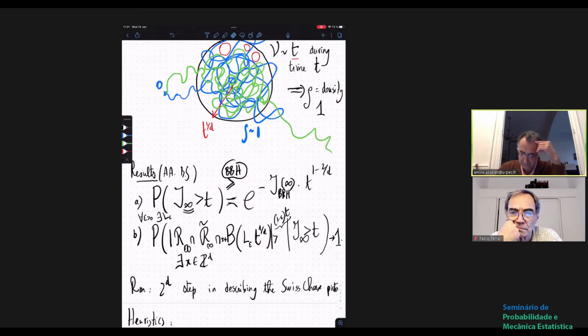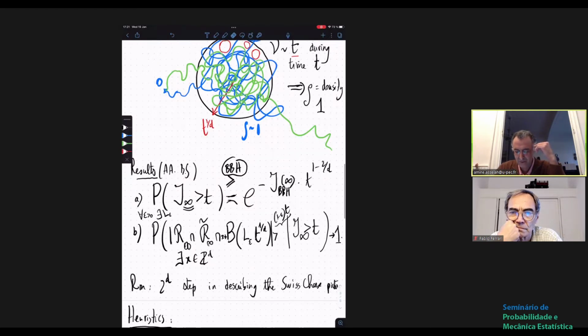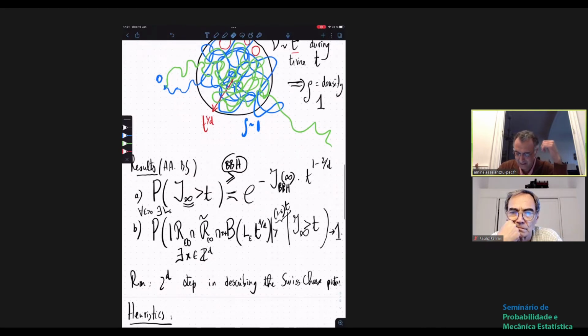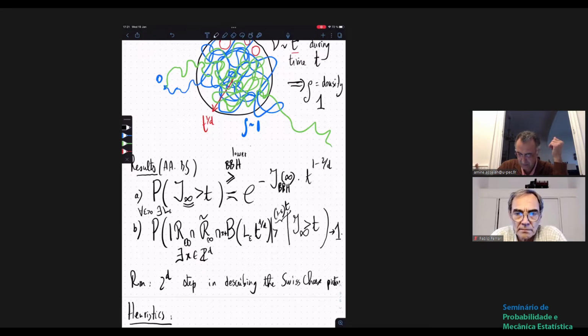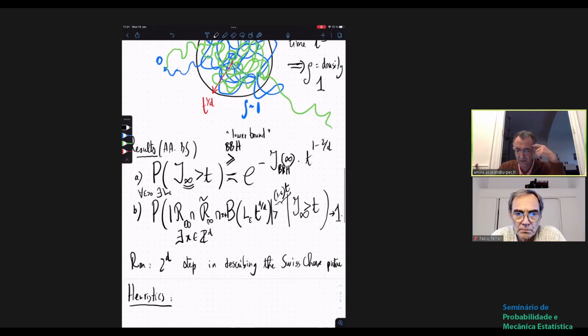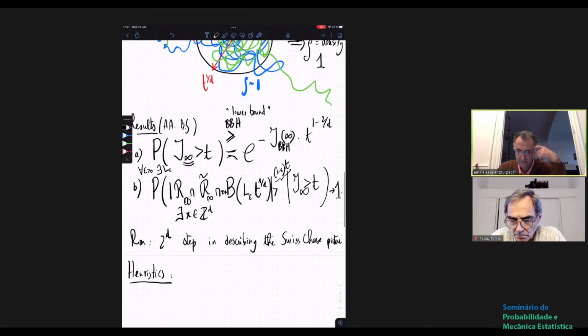So I'm not going to answer right away to your question, but let me say that the lower bounds are easy and are a consequence of BBH. Thanks. And really, I only focused on the upper bound. I would have to think a little bit why it's immediate, but